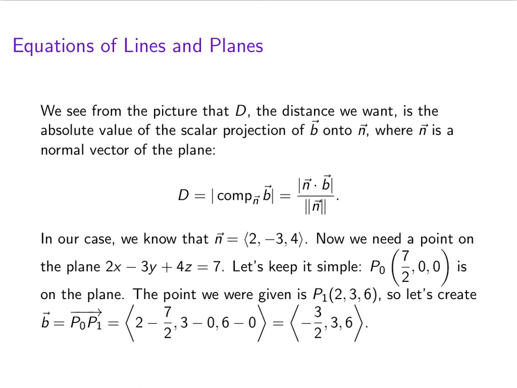So now let's create the vector B that points from P0, the point in the plane, to the point P1, the point that's not on the plane. We just subtract the points and we end up with (-3/2, 3, 6). Therefore,